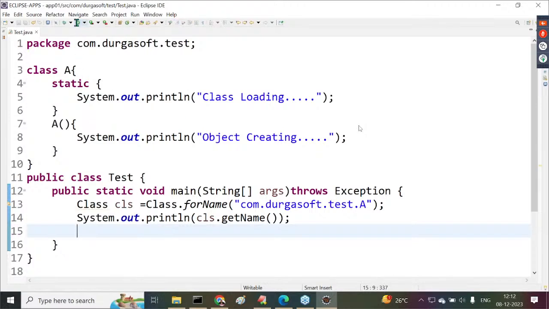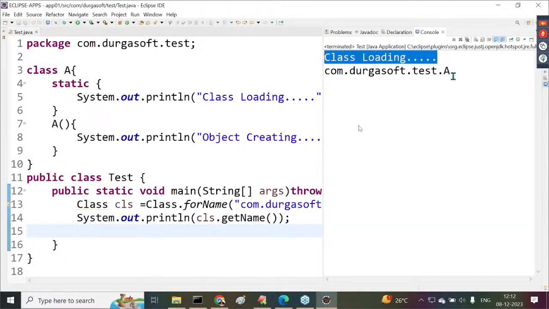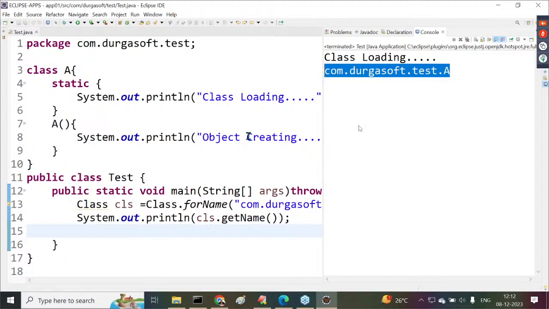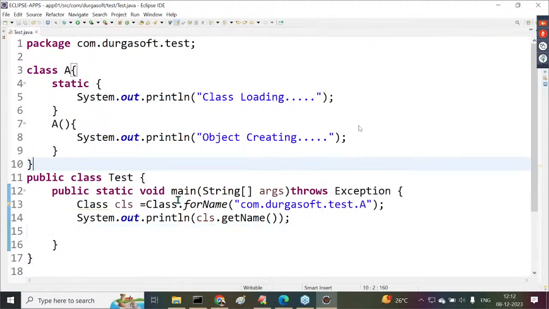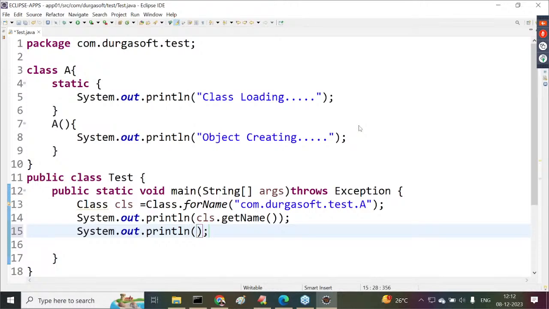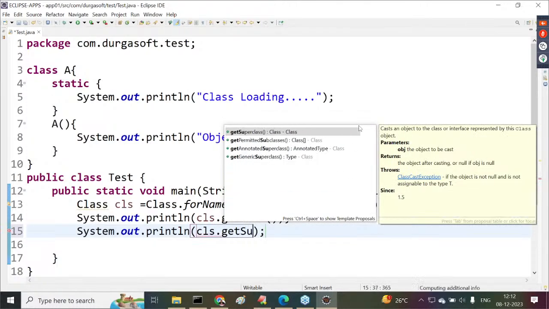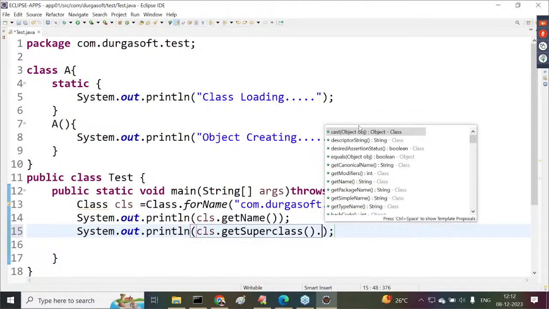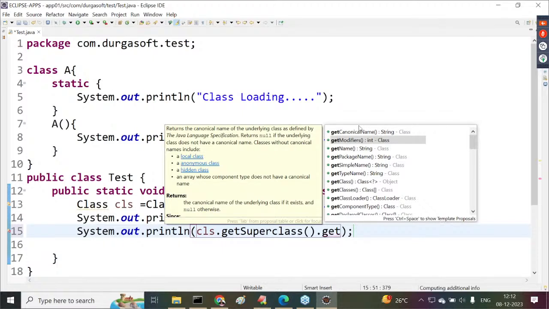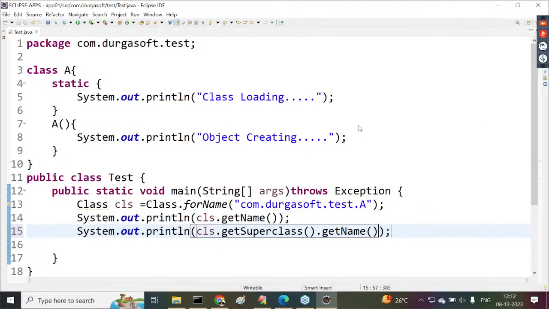Okay, fine. Now let me compile this. What are we getting for class loading? com.durgasoft.test.A, that means the name of the class, the fully qualified name of the respective class. Of course, we are able to get the superclass name also, just metadata. From an example point of view I'm showing you. Try to understand it: cls.getSuperclass, and if we call the getName method on it,